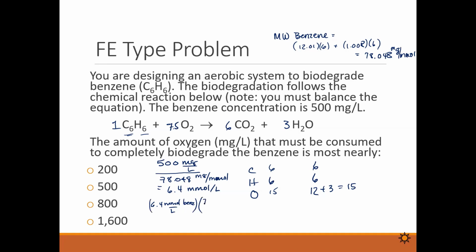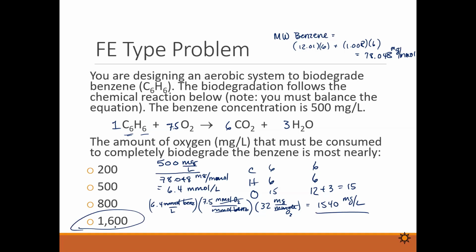We need 7.5. We can do this as millimoles of oxygen per millimole of benzene. And then we can multiply that by the molecular weight of oxygen, which is 32 milligrams per millimole. It's O2. Millimoles of benzene cancel, millimoles of oxygen cancel, and we're left with about 1,540 milligrams per liter, and the